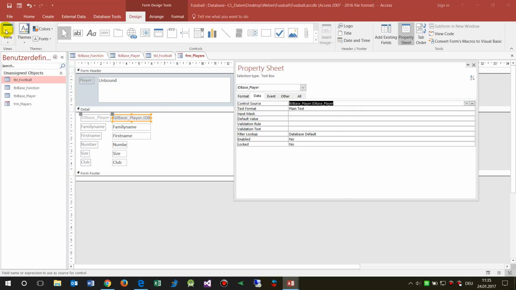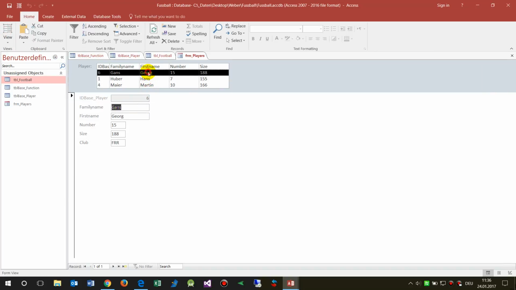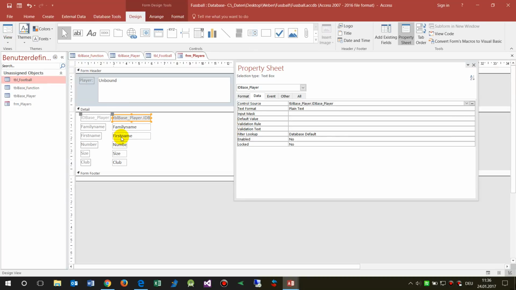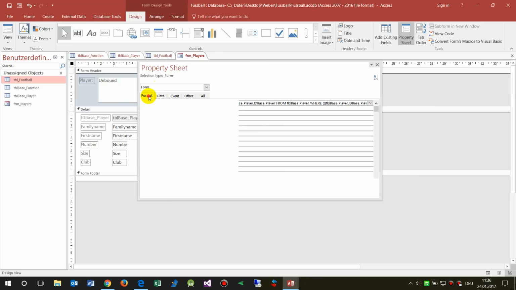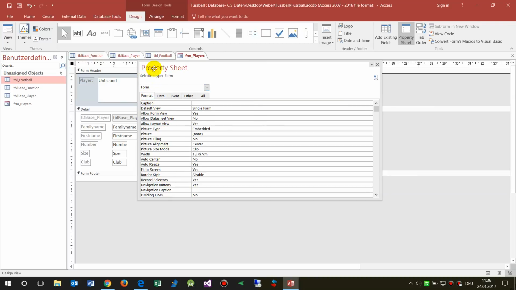Yeah, that's why. Okay, so when we are there, then we may select something there, and the values there will be updated. So we don't want to see this sign. So we go there to the design view, double click on this corner, and then we say in format, we are now in the property sheet of the form itself, and we say the record set selectors, this one, are not necessary, and the navigation buttons, this one,